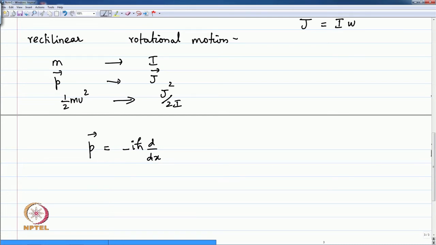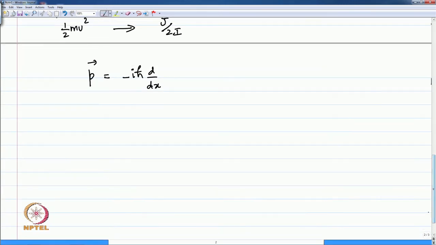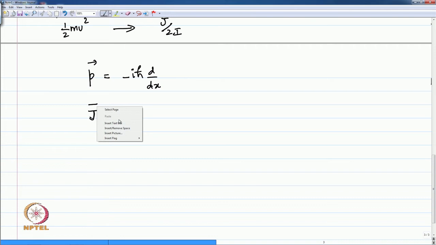In a similar way, if you look at the angular momentum for the particle in circular motion, as we will start with that as a simple example, what is the coordinate associated with the angular momentum operator? That is essentially with reference to an axis called the x axis, that is essentially the angle phi. So, let me just write that is the angle phi. Therefore, with respect to the angle phi, we have to write correspondingly the angular momentum operator j as minus i h bar d by d phi. So, this is the coordinate, which is an angle